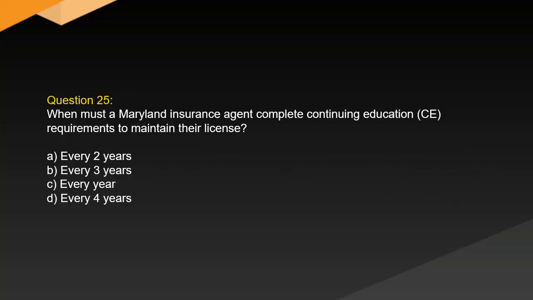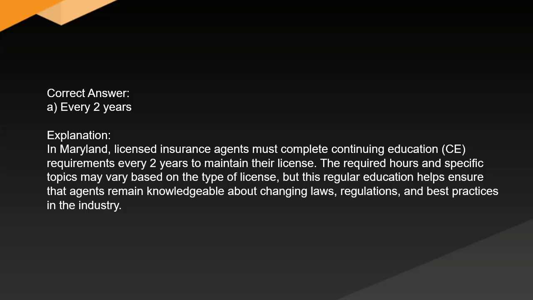Question 25. When must a Maryland insurance agent complete continuing education to maintain their license? A. Every 2 years. B. Every 3 years. C. Every year. D. Every 4 years. Correct answer: A. Every 2 years. Explanation: In Maryland, licensed insurance agents must complete continuing education